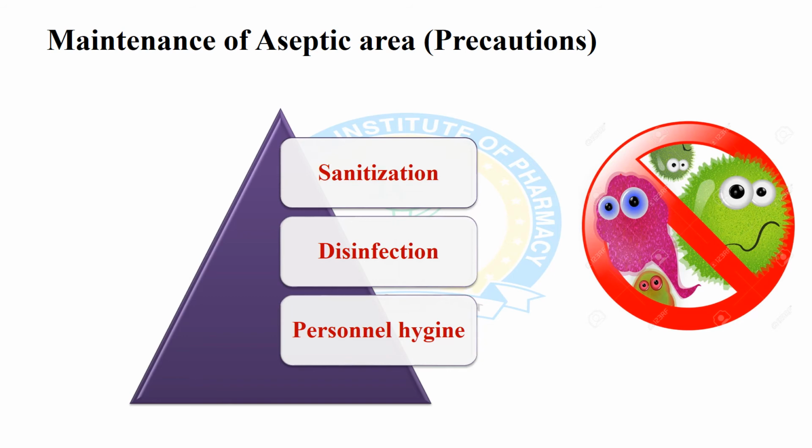The sanitization includes general cleaning and disinfection, but the major difference in this case is the dry cleaning with a dry type vacuum cleaner, which is not involved in the disinfection process. If we are talking about the disinfection process, chemicals that destroy microorganisms but not usually spores are known as disinfectants. They do not necessarily kill all microorganisms but reduce them to an acceptable level.